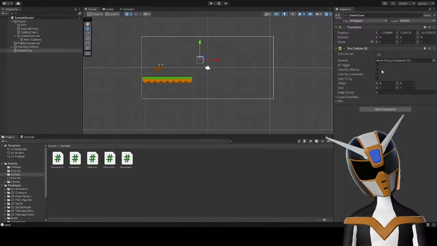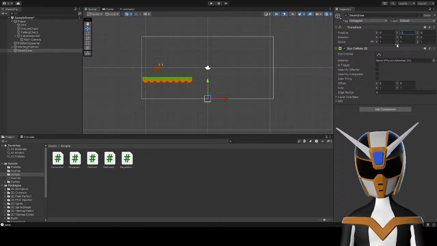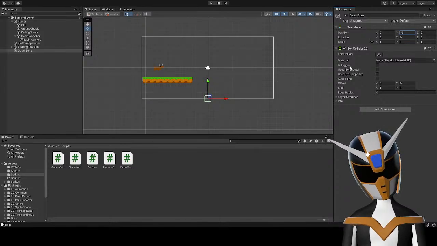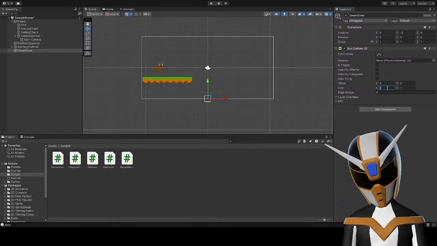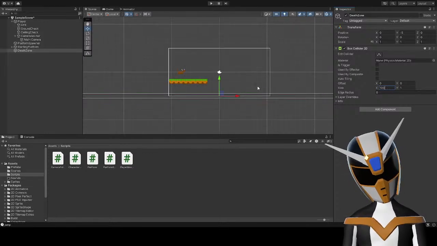It'll just have a box collider on it, just a big, wide box collider. I have it like down here. And then have it just be really, really wide. Well, actually, let's just make it really, really wide.